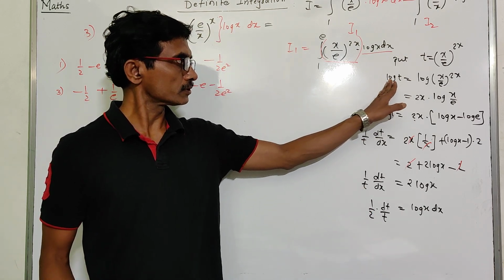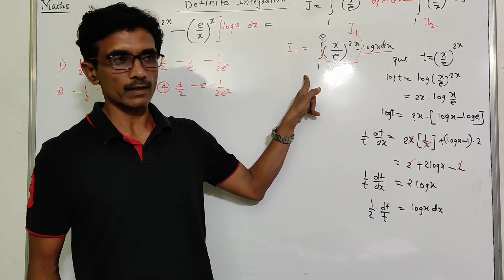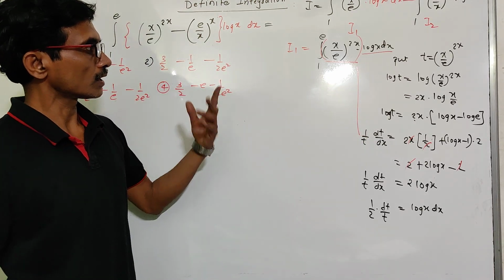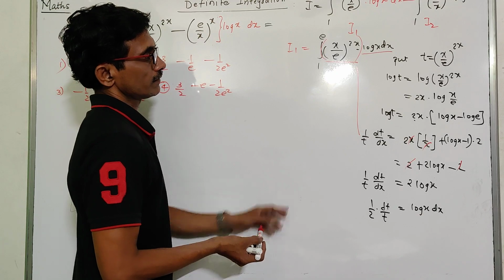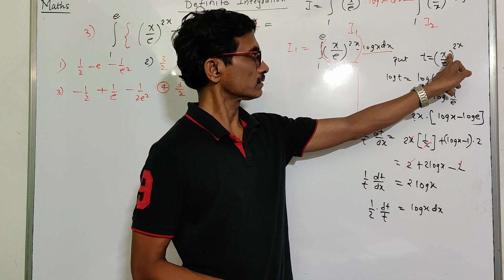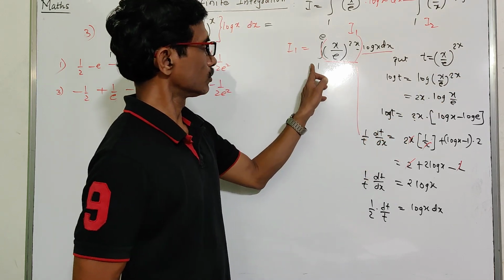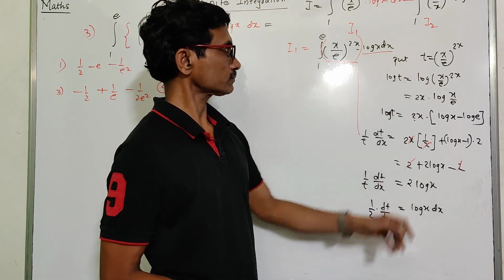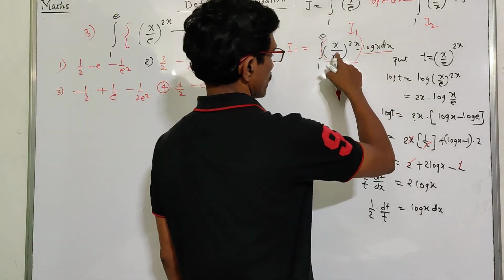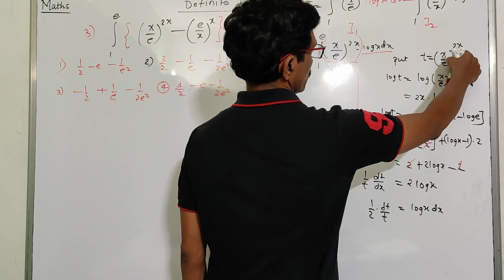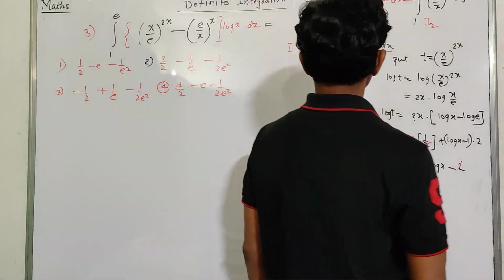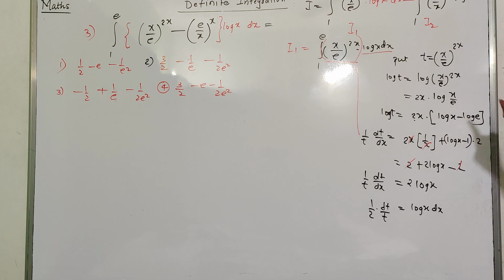Now substitution and definite integral is there. So we write change in limits. What are the new limits? See, x is equal to 1. Here we put x is equal to 1. Lower limit is 1. Then this t is equal to x upon e raised to power 2x. Therefore, now change in limits are what?